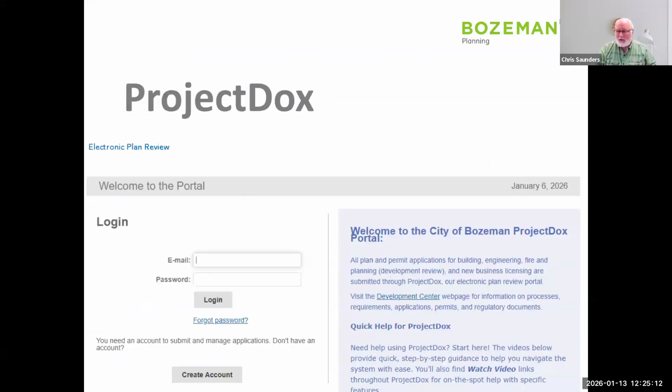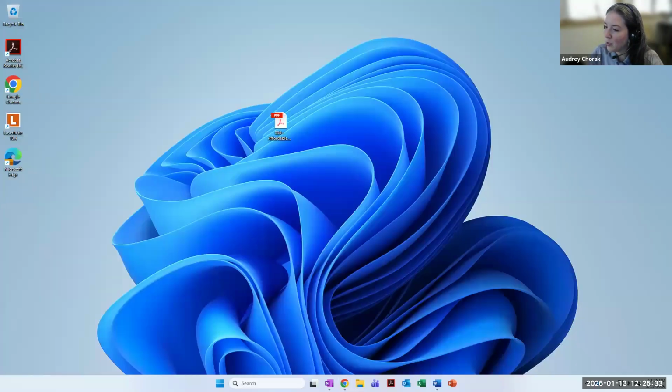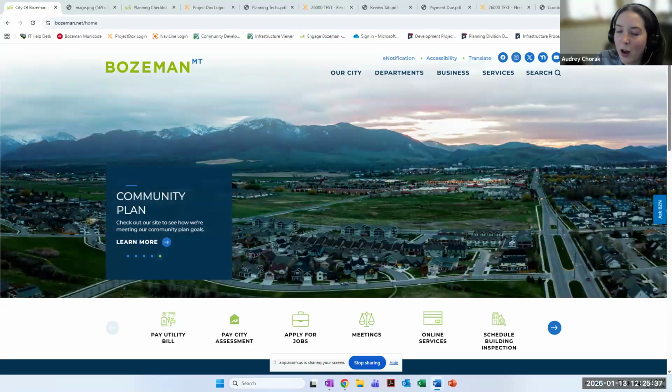And so now I'm going to turn it over to Audrey in our office, and she's going to talk about Project Docs, which is our data portal. So over to Audrey. Thanks, Chris. Just pulling up my, can everybody see my screen okay? Okay. So as Chris mentioned, today I'm going to be talking to you guys about Project Docs and submitting a